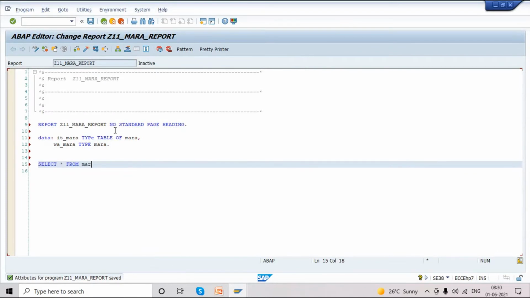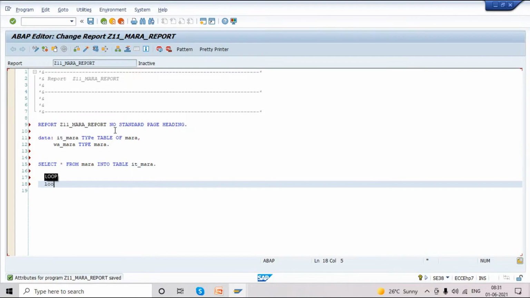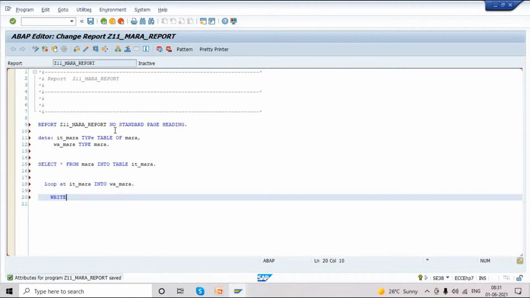Start from MARA into table IT_MARA. So we are just displaying, loop at IT_MARA into wa_mara. Just displaying a few fields from this MARA table.